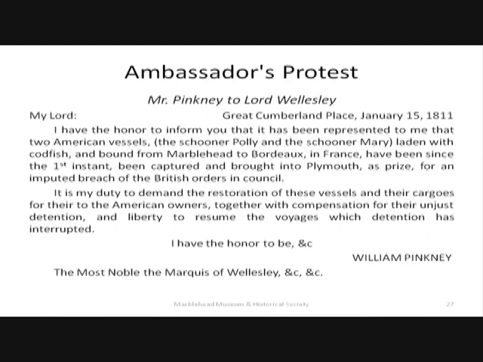Now, here we have what you see in that period. This is an ambassador's protest to the capture of a couple of schooners from Marblehead that were caught trying to run the British blockade to go to Bordeaux. If you can read it, I won't bother to read it to you. If you would like me to, I can read what's on it. But this is the official response. Never could find what the result was, but my suspicion is absolutely nothing was done.